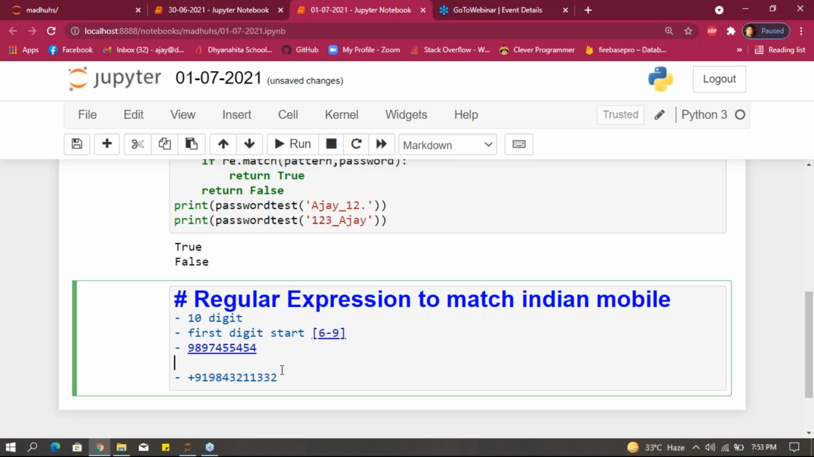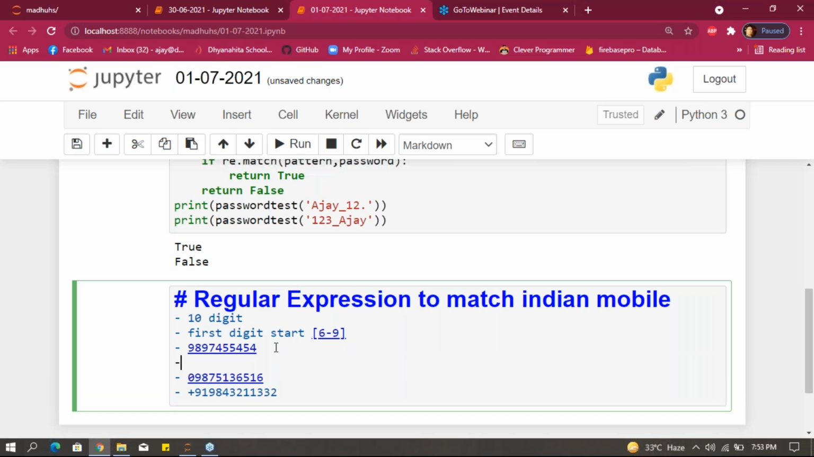For example, if you want to write a regular expression for this number, look at here. The first number starts with 6 to 9. We'll write it like this: start with the caret, then the class 6 to 9, and after that,